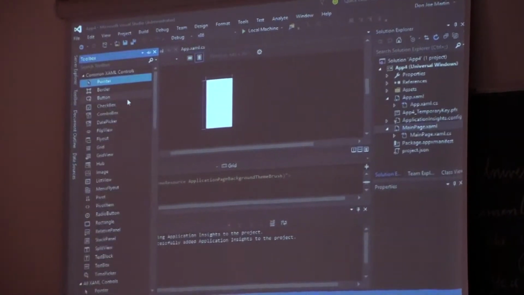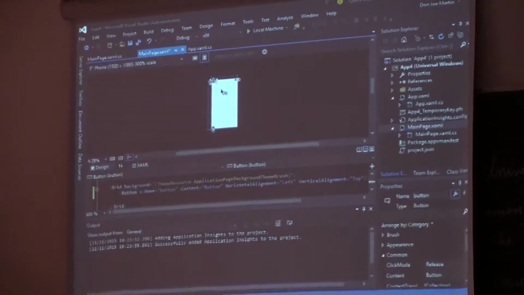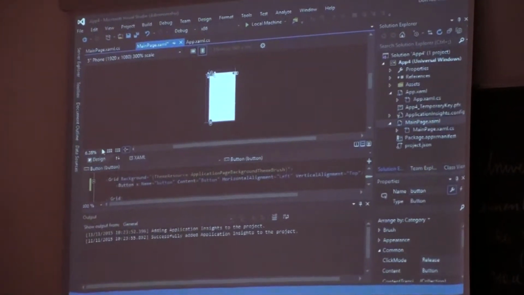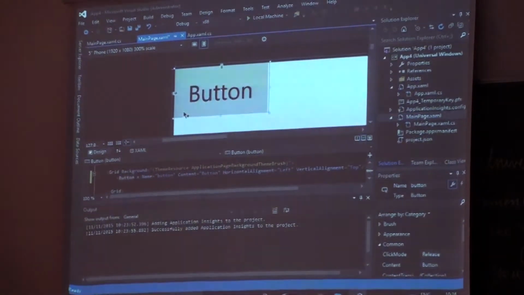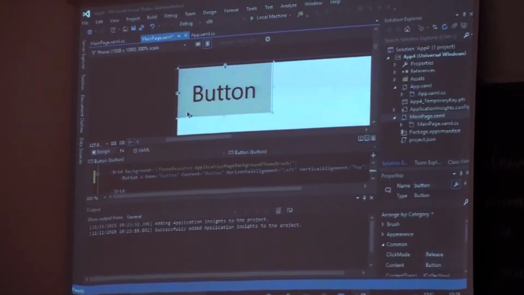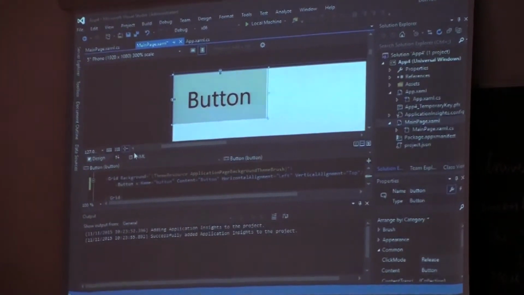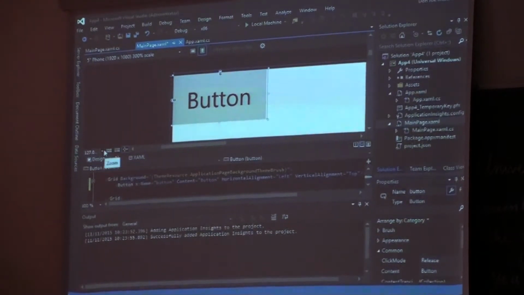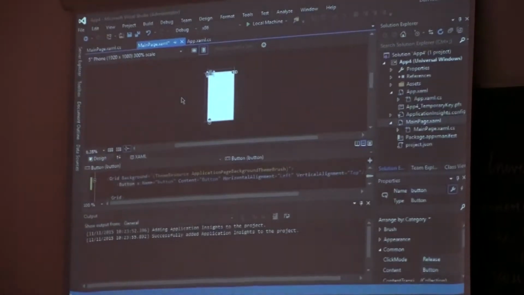So first off, we use a button because buttons are really fun to work with. So that's how a button basically looks like. A default button will look like this: a greyish background with black text on it, and this is actually zoomed in with only the button control. Fit all, and this is how your button will look like on your screen.